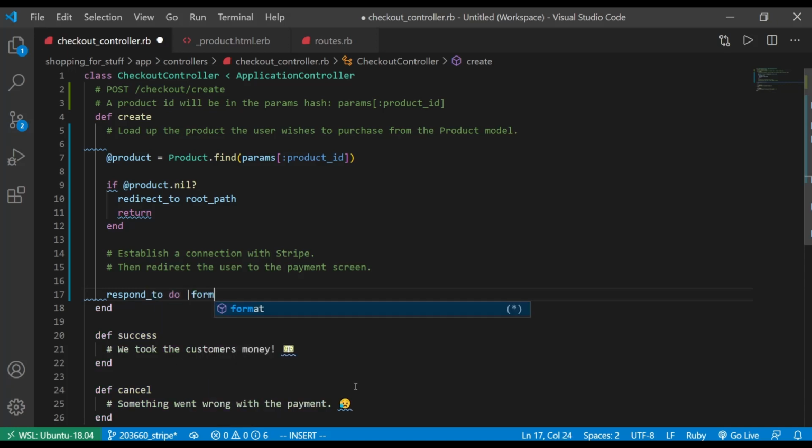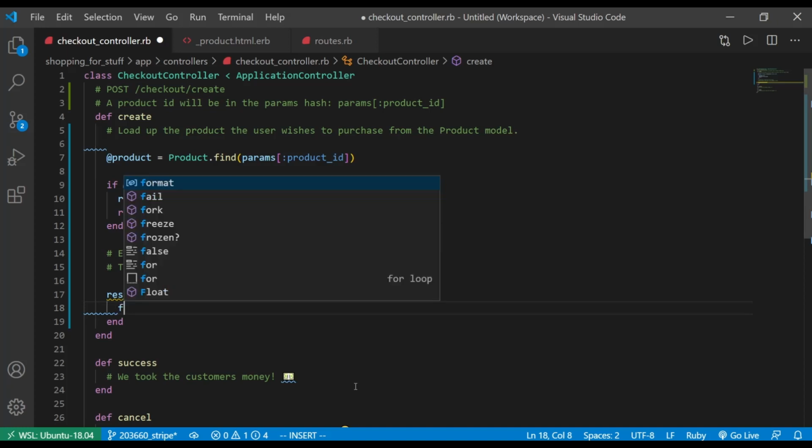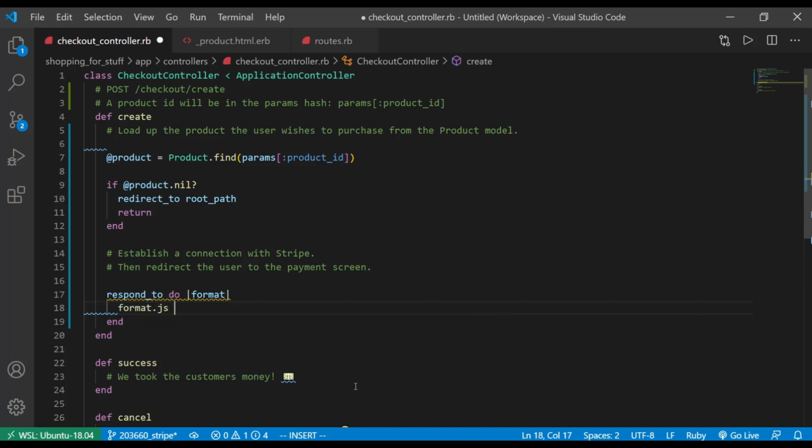If you've looked at a scaffolded controller, you'll see that respond_to is in all scaffolded controllers, and it's how Rails determines whether or not it's going to send back HTML or a JSON response. In our case, we're going to just say, if the format is JavaScript, then do your default thing, which is to render in the app views checkout folder a